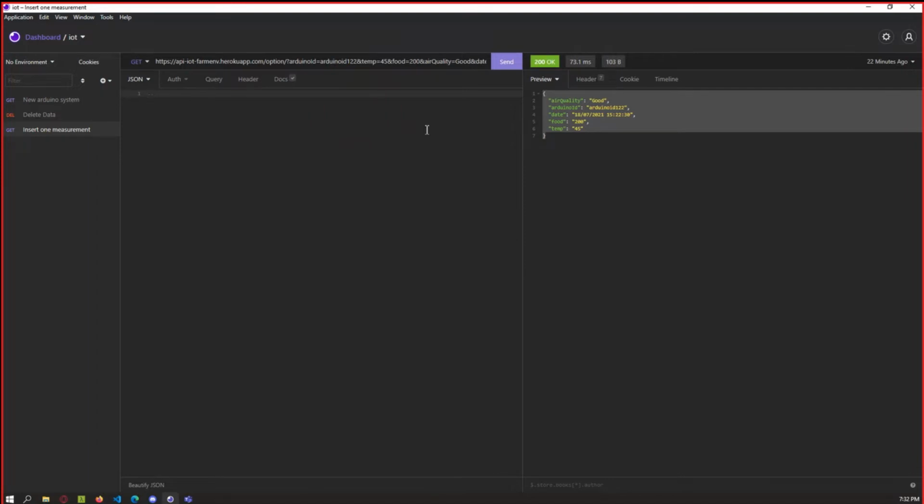Now the next endpoint is to create sensors data in our Arduino object. So the endpoint begins with the word option. Then we send the Arduino's ID, the temperature, the variable of the temperature with its value, then the food and the quality of the air, and the date when this measurement was sent. And now, if we send it, we will get all the information as a JSON, and in the database,